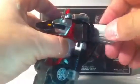Oh, this one's really stiff. There you go, just like that. Same thing over here. Push this up. There you go. And then I usually like to, you could put the doors like that and then fold them